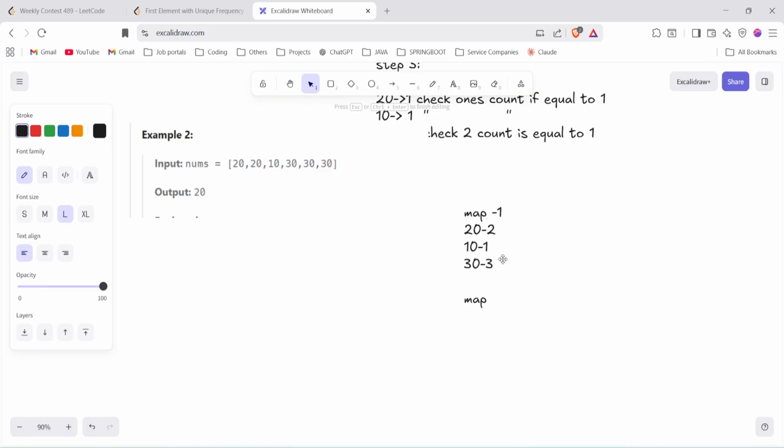Now in map 2, what we will store? We have to store these counts. So 2 is occurring 1 time. 1 is also occurring 1 time. 3 is also occurring 1 time. So this is the count of each frequency. Now